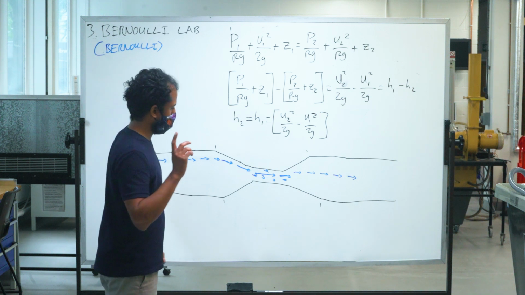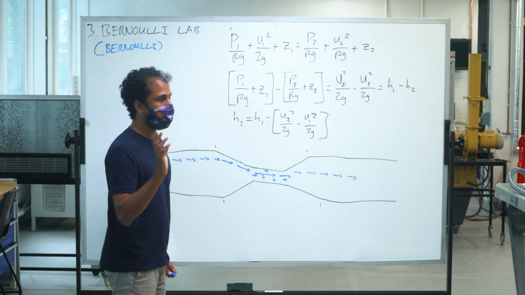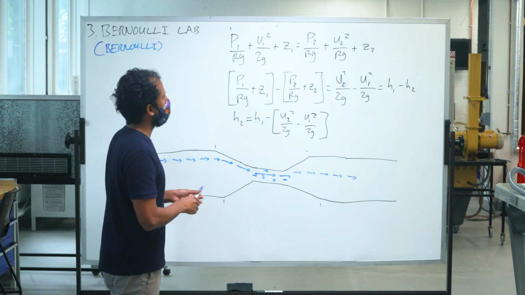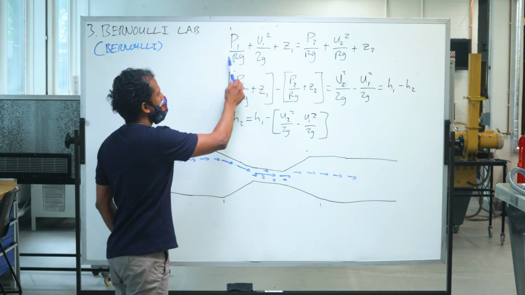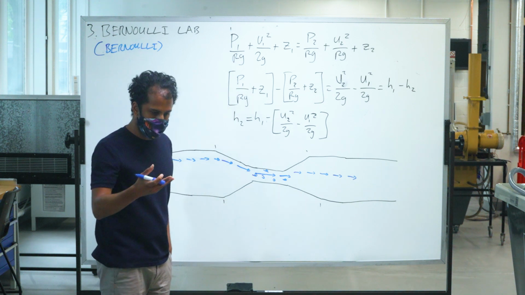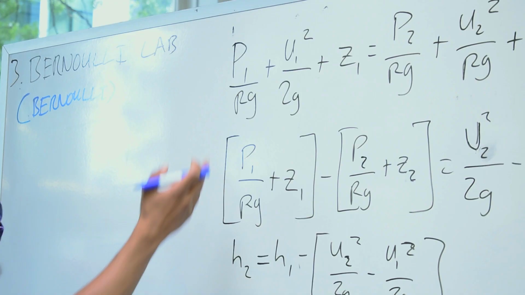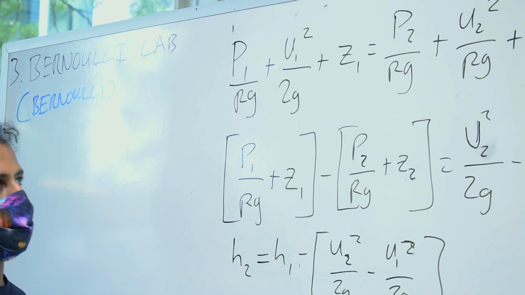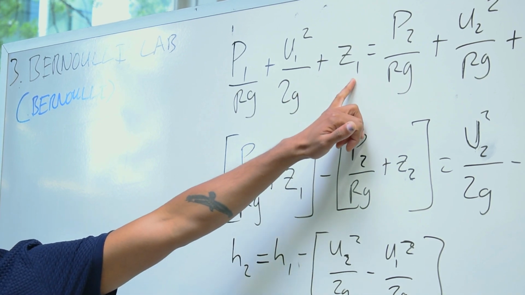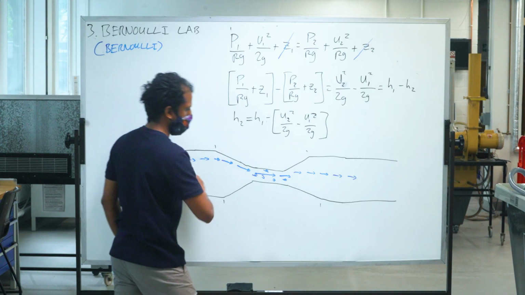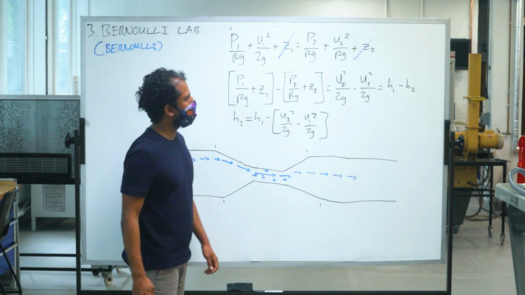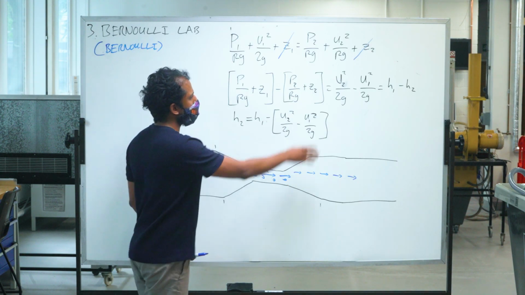So, very briefly on this, I'll just talk about Bernoulli's equation to remind us all before we look at the actual experiment itself. You've got the pressure head. Remember, there are 3 different types of energy in a flow. There's the pressure head, the velocity head, and the elevation head. Now, in this experiment, we can cross out our elevation heads because we have a horizontal Venturi meter. Now, with a bit of rearrangement,